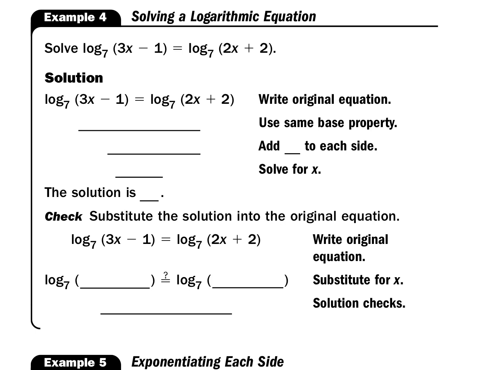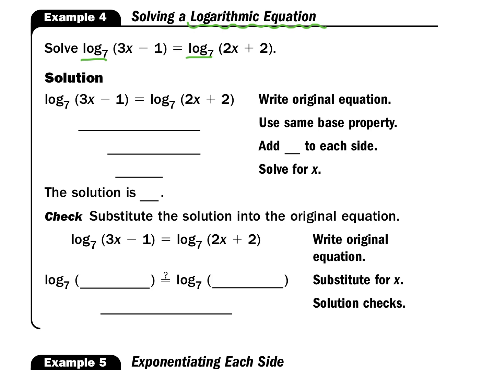Okay, now in example 4, we're now solving a logarithmic equation. So before we were solving exponential equations by taking the logarithm of both sides. This time we're going to solve a logarithmic equation by what's called exponentiating both sides. Actually, for this one we have the same base on both sides. I lied, sorry. This one we're not going to have to even exponentiate because the base on both sides is 7. So we have log base 7 of 3x minus 1 on the left, log base 7 of 2x plus 2